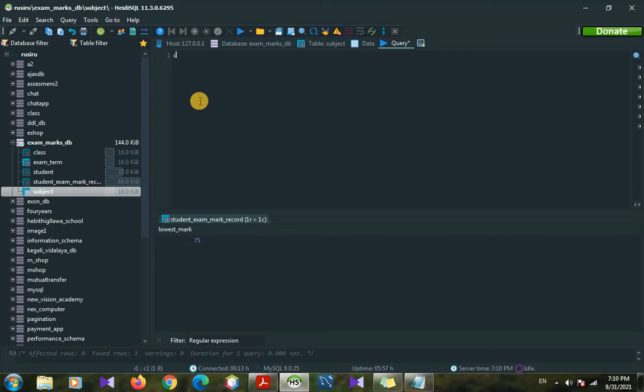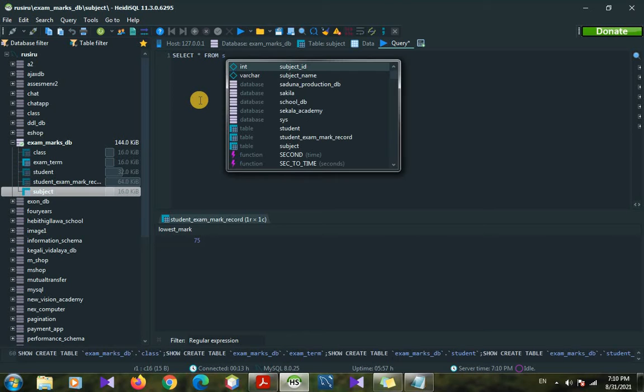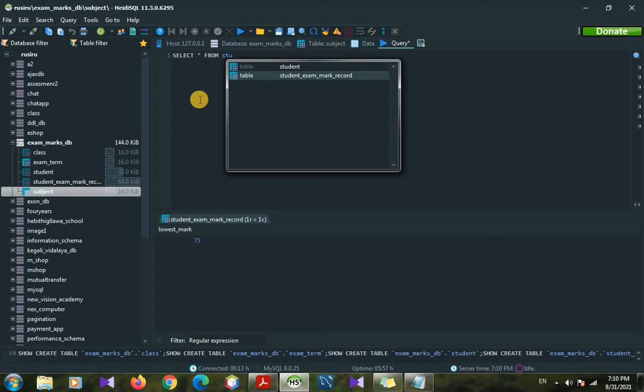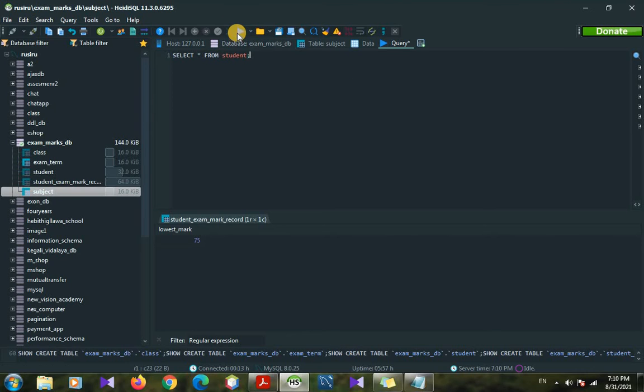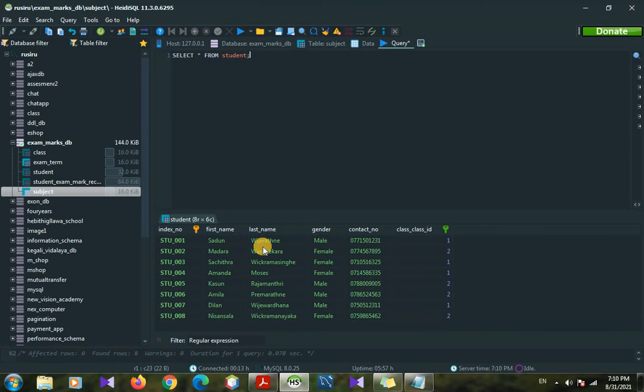Here we type select all from student exam mark record table. First we can take from the student table, so we take from student. If we run this, all the results from the student table come up.